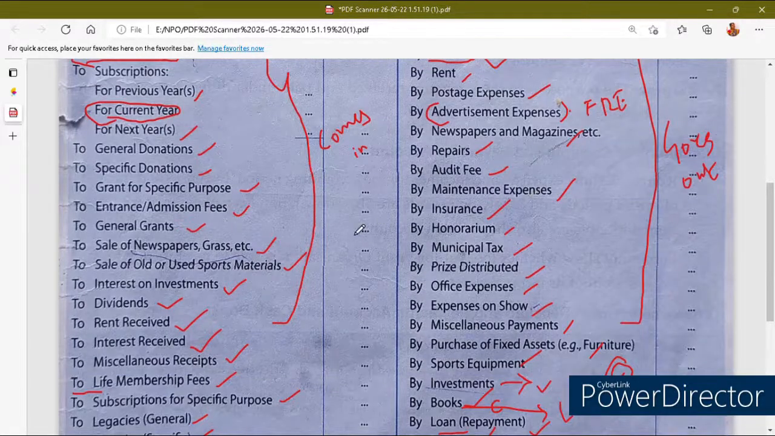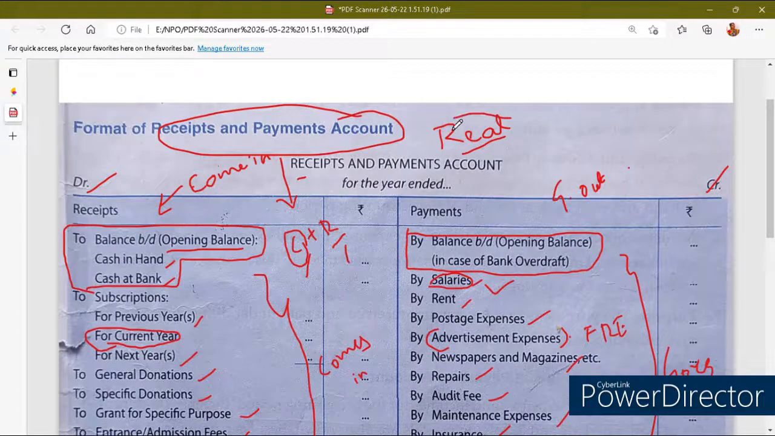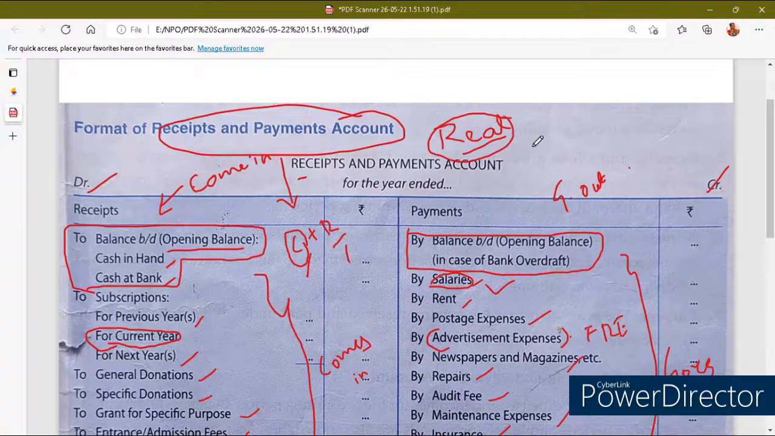And don't forget these rules and regulations, because there are chances to ask one more question about them: which accounting rules will be used to prepare these receipts and payments accounts? That is the real account. So the real account rule is debit what comes in, credit what goes out. Don't forget it. Let's discuss with the